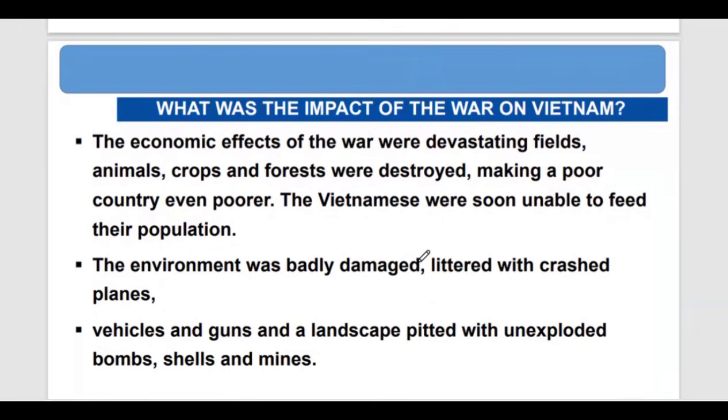Their environment also was damaged. We talked of the chemicals that were sprayed in the forest to destroy it so that they could identify their enemy. However, that was an environmental concern, and they damaged the environment. And also, we can talk of